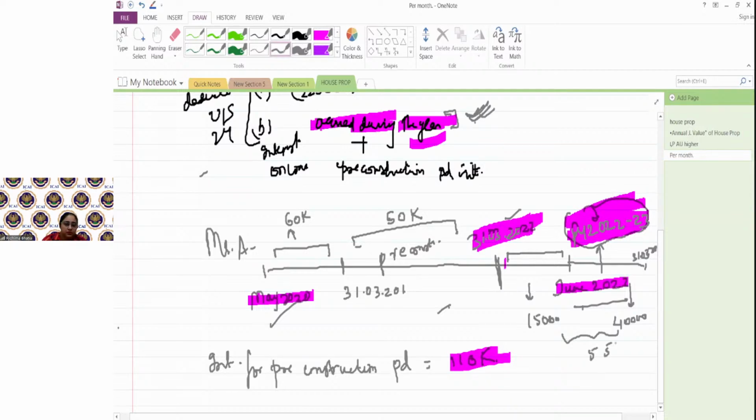This is 55,000. Logically it should be more, but no problem. This 55,000 would go as interest accrued during the year, in full, and this 110 would go under pre-construction period. But